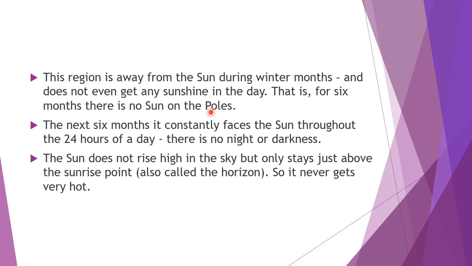At the same time, whatever the area which is facing, that means the southern hemisphere or maybe northern hemisphere, 6 months constantly faces towards the sun, that area gets 24 hours day and night sunlight. Okay, there they won't have the darkness. They won't have even night time also. 24 hours they get the sunlight.